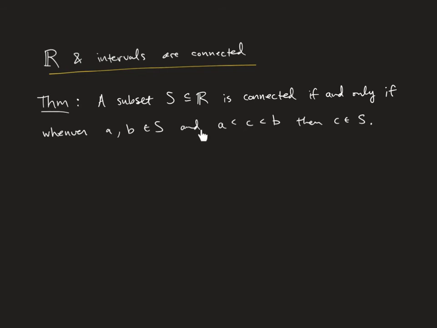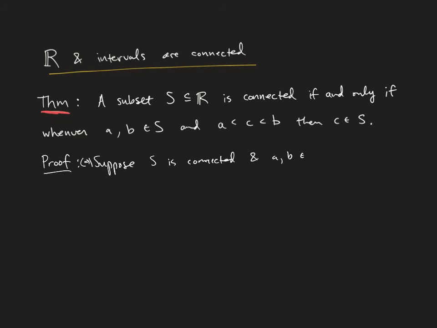So that's why it's kind of easier to use this property and prove this proposition than to talk about intervals, because there are so many different types of intervals. It's just easier to use this property here. Okay, so let's then look at the proof. So we'll go forward direction first. So suppose S is connected